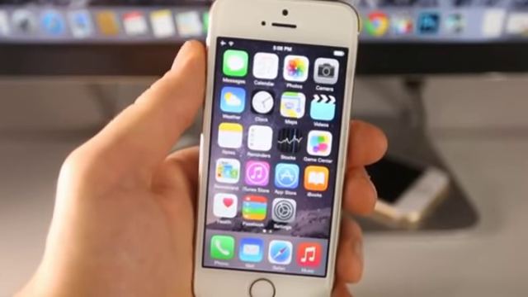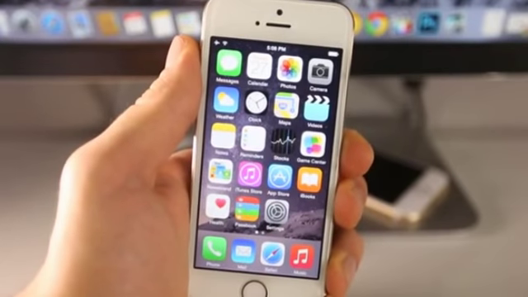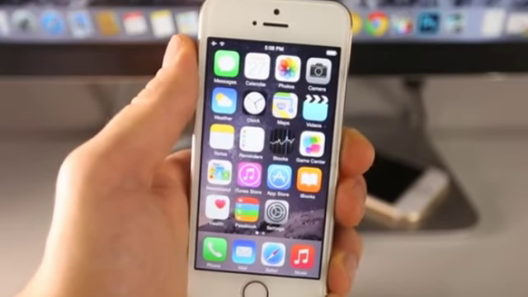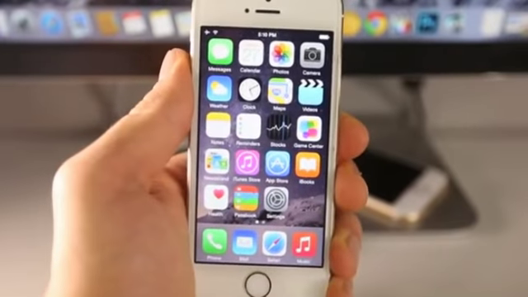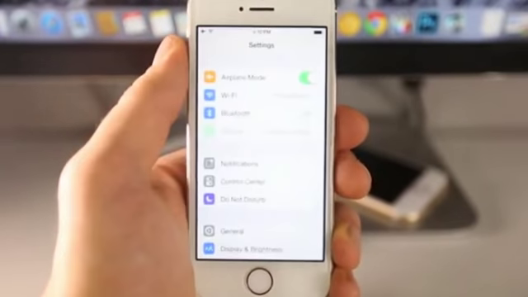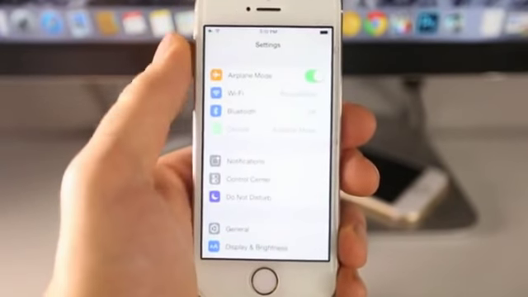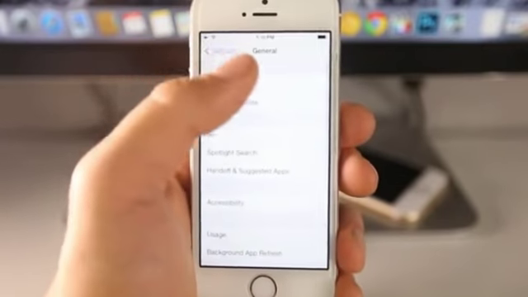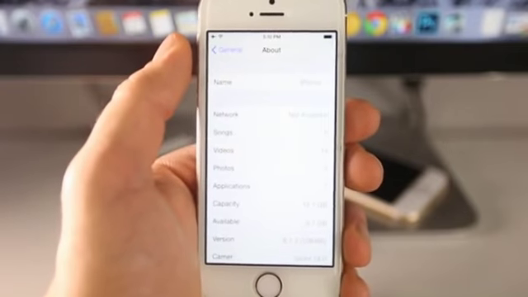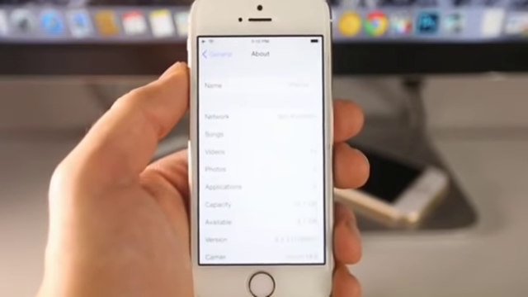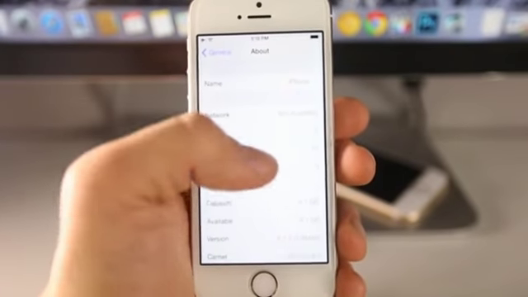So this is going to show you guys how to downgrade on any device, from the iPhones to the iPads to the iPod touches, all from 8.1.3 to 8.1.2. So today, iOS 8.1.3 was released, and with this update, Apple did bring one primary fix, and that's to reduce the amount of storage that iOS 8 takes up on your device. Now, that's the one good thing I could say about 8.1.3, is that it reduces the amount of memory it takes up,